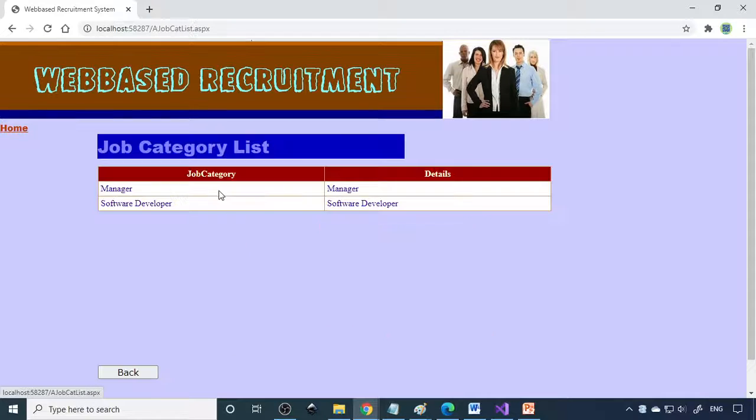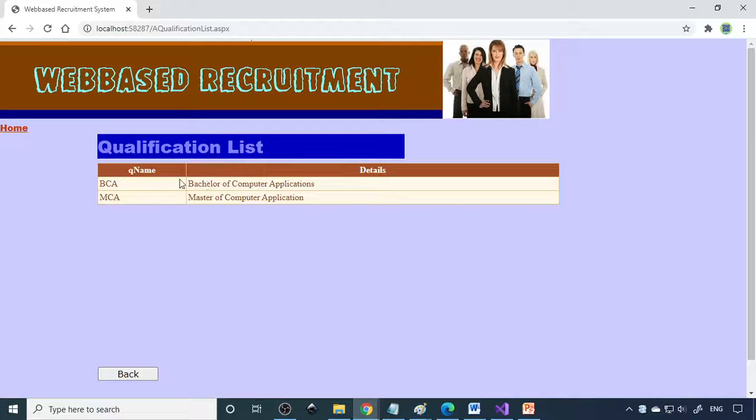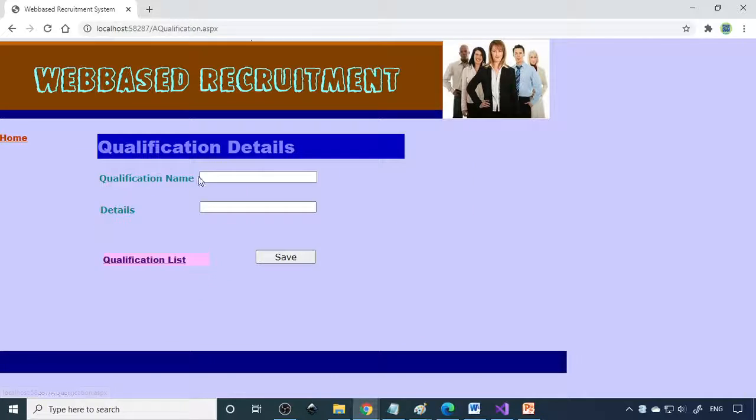Next, job categories. So what are the different types of job categories that you have to enter? Qualification list. What are the applicant qualifications? So we need to list out all the qualifications here. Therefore, it will be easy for the applicant to select the qualification from the list. So here we have entered two only, but you can keep on entering all the